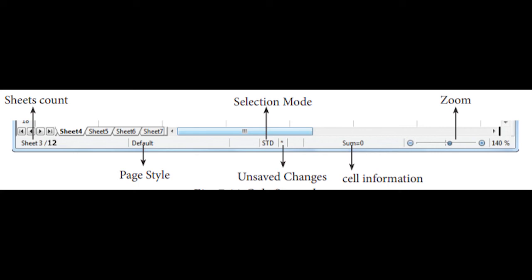And the next one is working with data. When you open a new worksheet, the cell pointer will be located by default in the A1 cell. A1 means the first column and first row, the first cell denoted as A1.